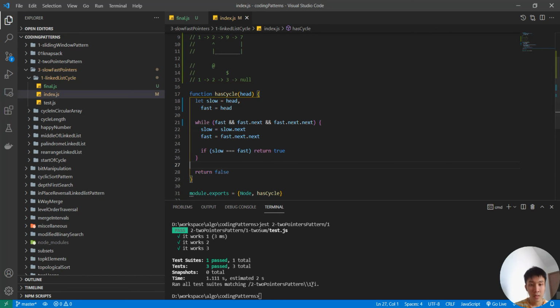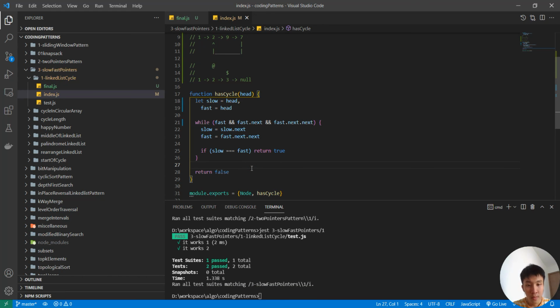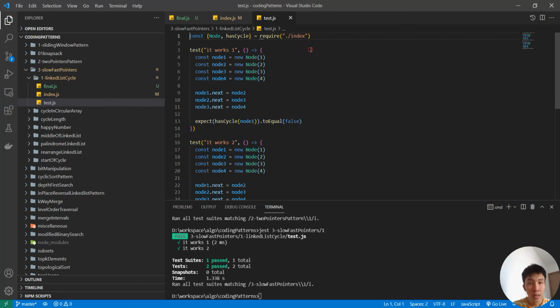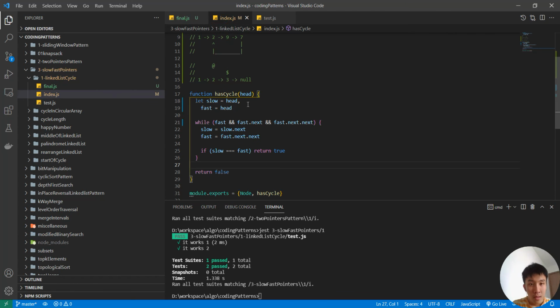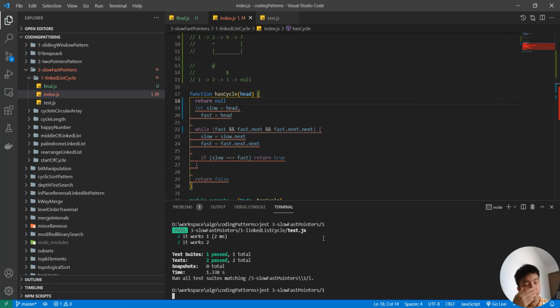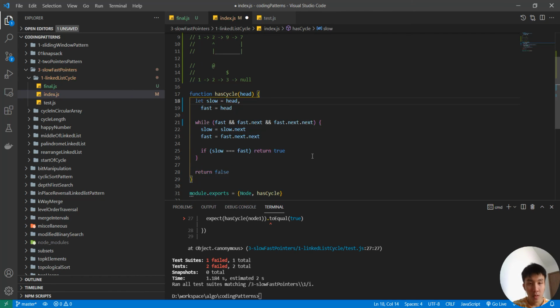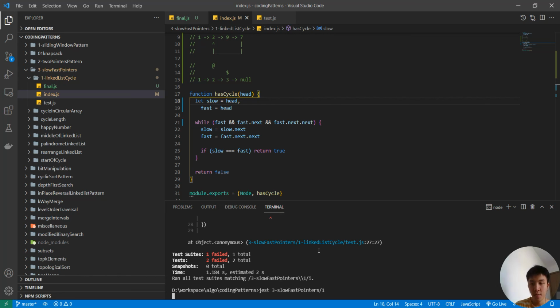So let's check it out. Let's see how well it works. Let's see the test. Okay, let's make sure that it is running this code. Alright, I intentionally made it fail,